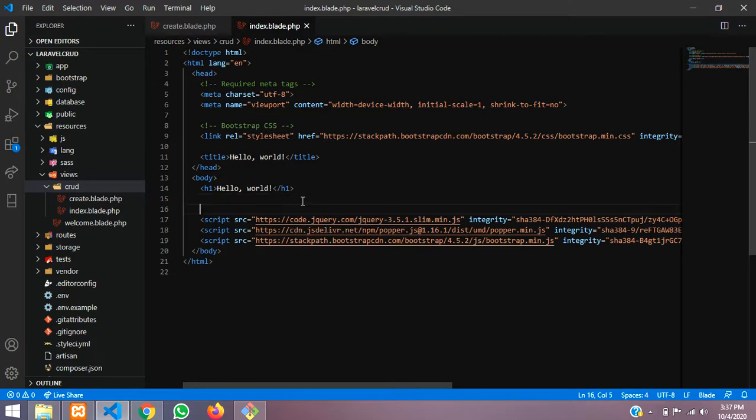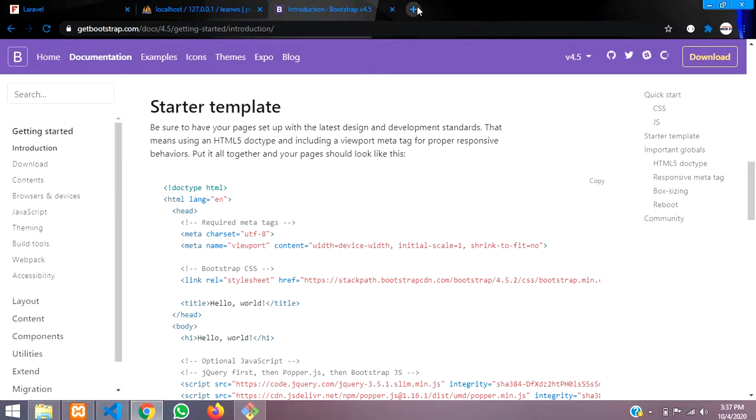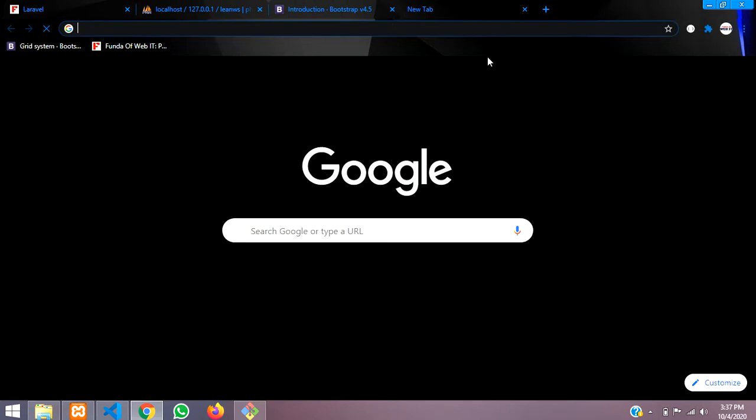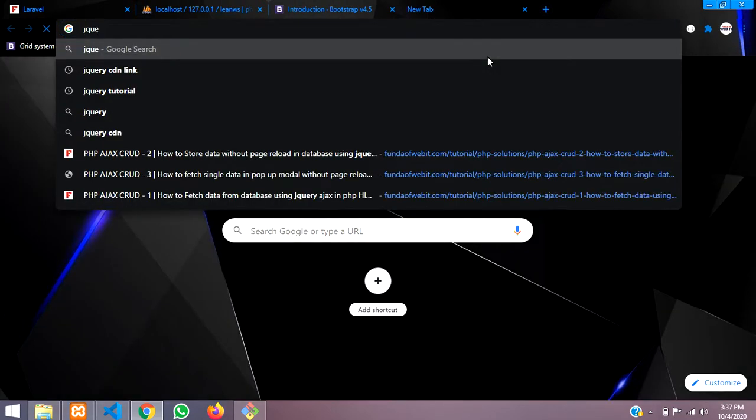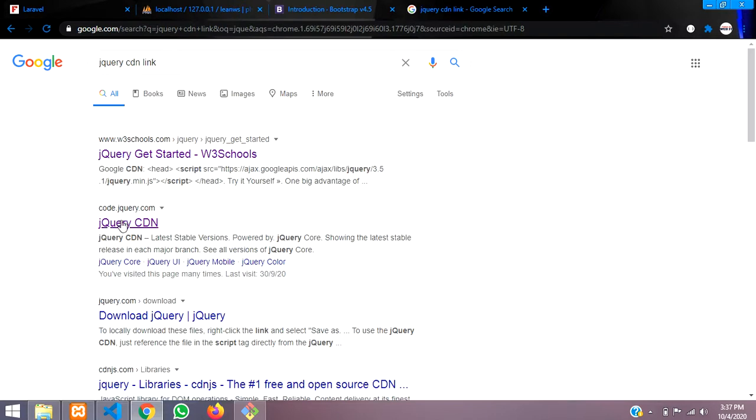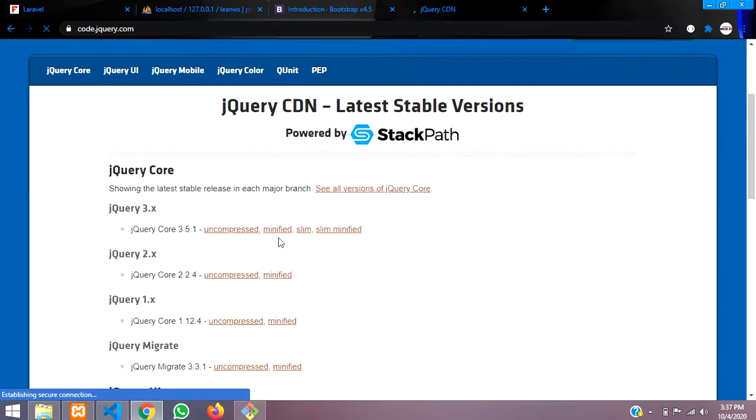And we have to change one more thing, that is jQuery. This is slim.min.js, so instead of slim.min.js you have to make it jQuery. Hit the jQuery CDN link and copy the first one, code.jquery.com.